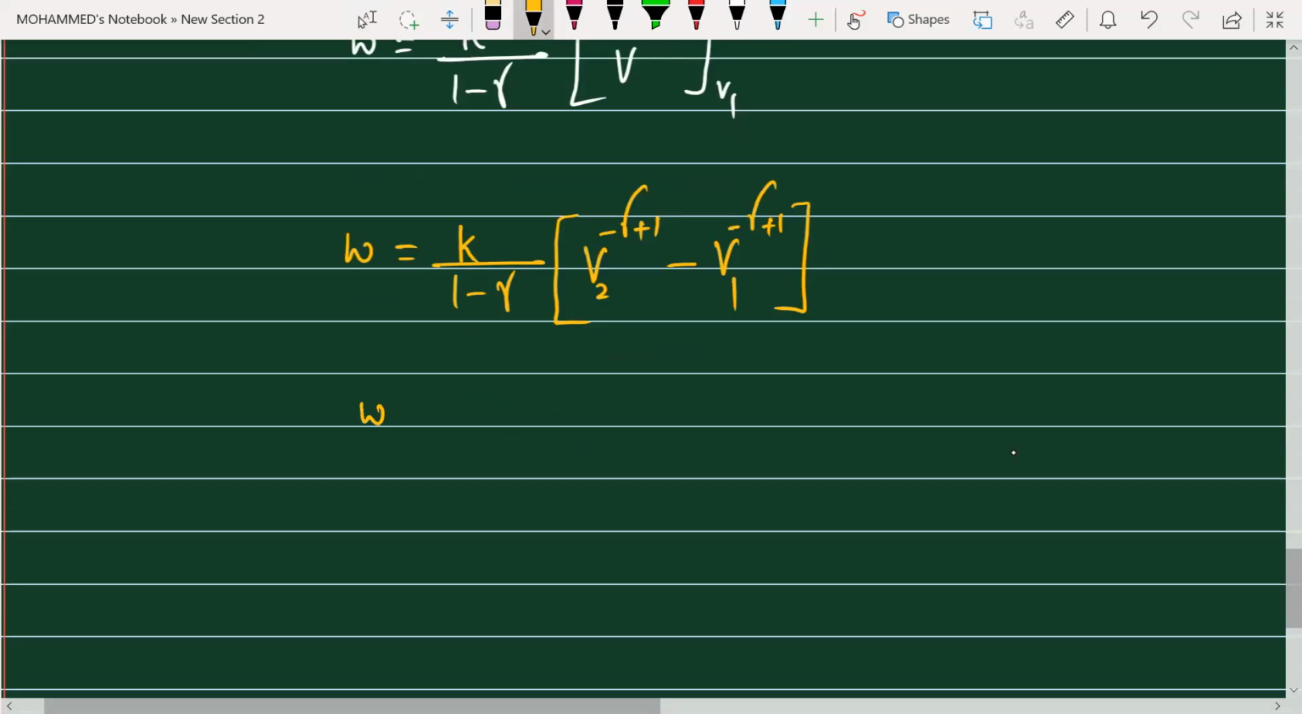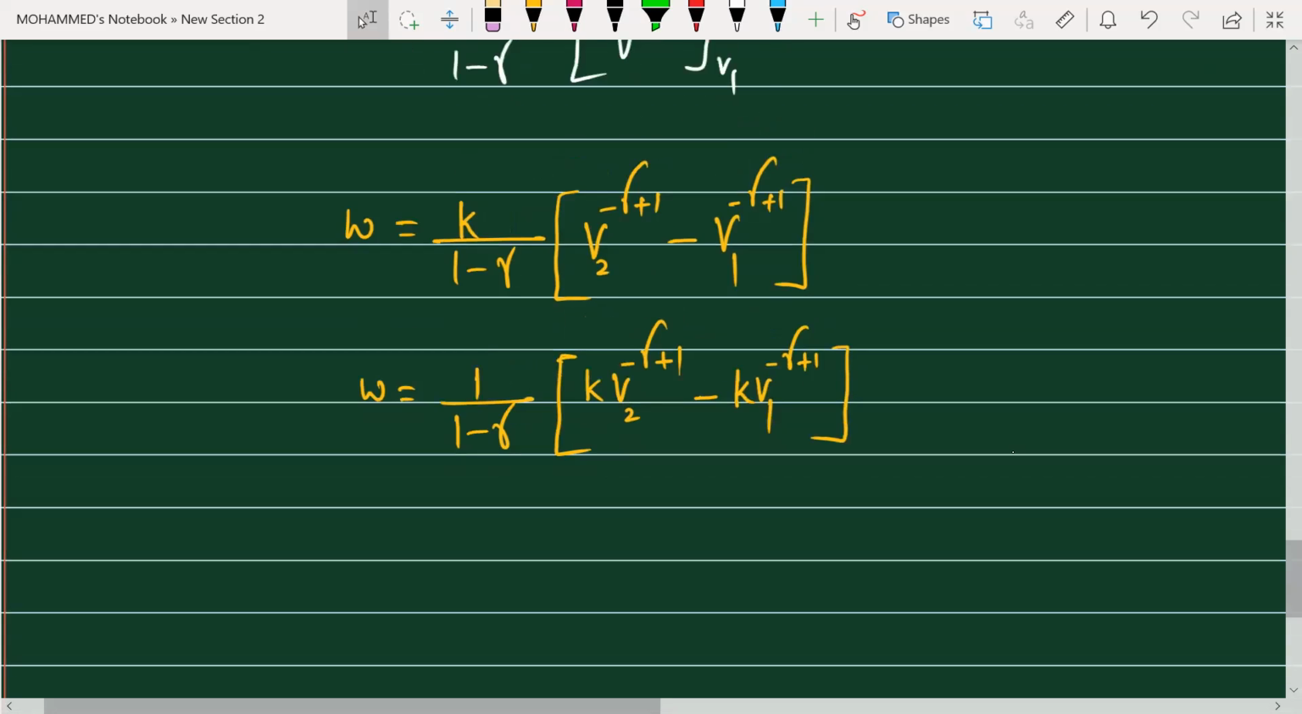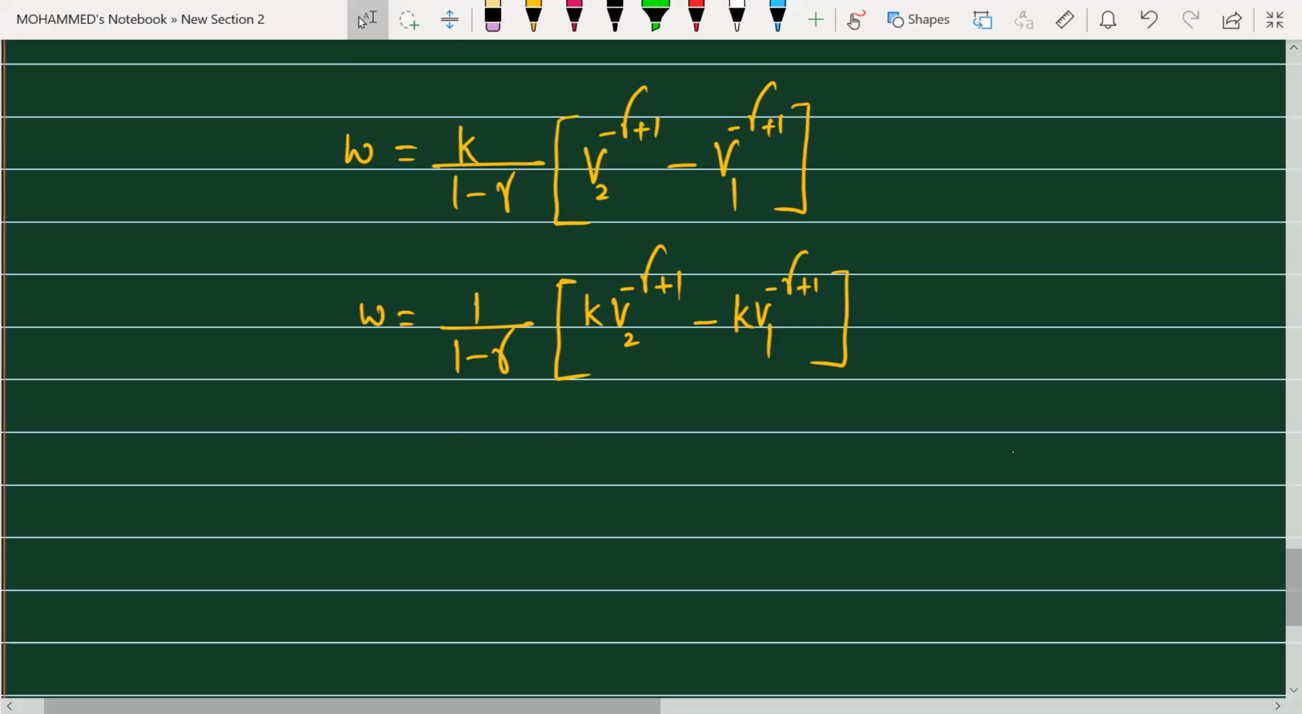So this will become W is equal to K, you take inside, 1 by 1 minus gamma into K V2 to the power of minus gamma plus 1 minus K V1 to the power of minus gamma plus 1. So I have taken the K inside. So this is becoming this much. Isn't it? Now you know that for adiabatic process,